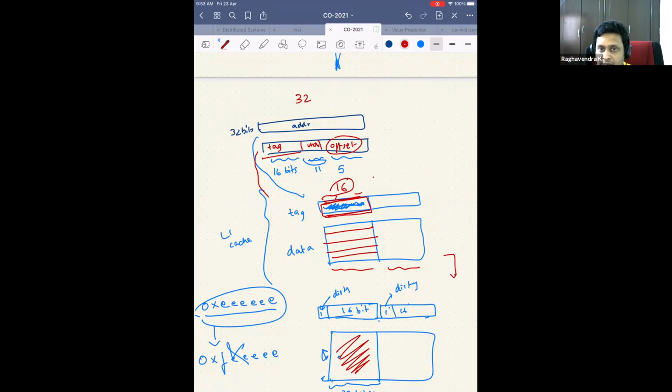So somebody has asked, why do we need 2 valid bits, right? And what is the difference between replacement bit and modified bit? I don't know. I mean, somebody has come up with 2 valid bits. Now, why has somebody come up with 2 valid bits? There is a reason for it, but anyway, we'll not get into it. But it's up to them, right? Somebody has said, okay, I want to differentiate between the replacement bit and the modified bit. That is also there. We also know why that is there, but we'll not get into it. We are not worried why people are adding more number of bits.